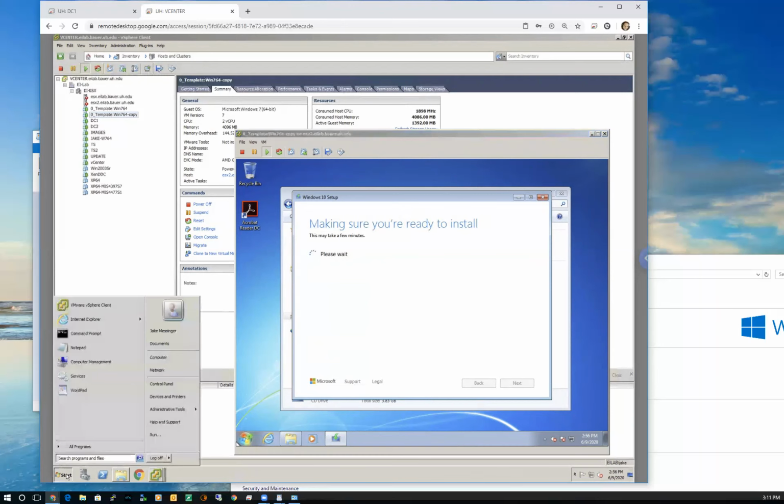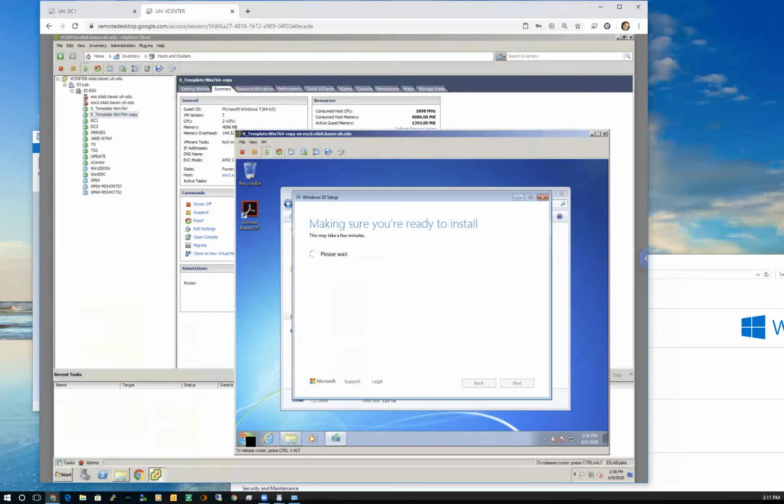So I'm going to click on start here. Let's see, not for that computer. I'm going to click on start for this machine. It might go a little slow. Nah, it's going to go too slow. Let me remote view a different computer here.